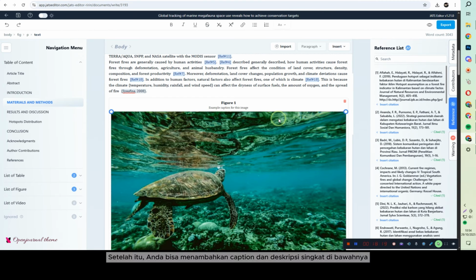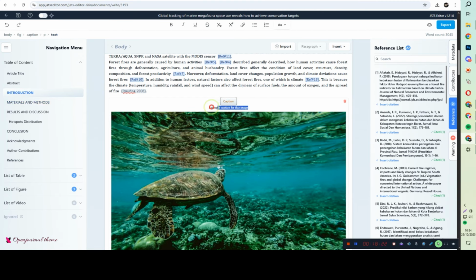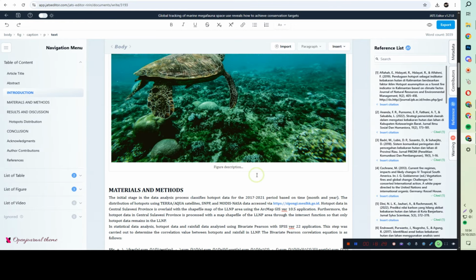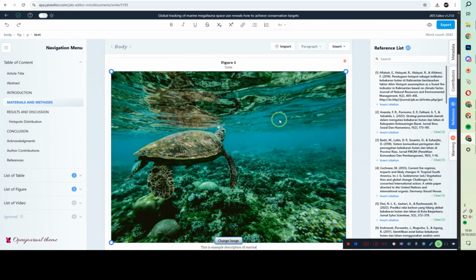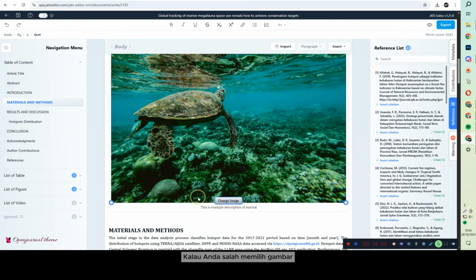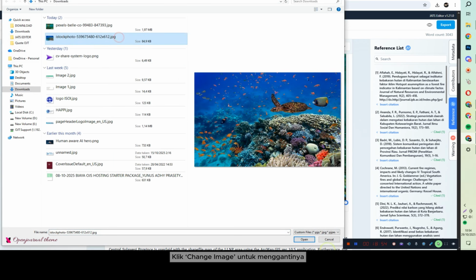You can then add a caption and short description below it. If you pick the wrong image, just click Change Image to replace it.